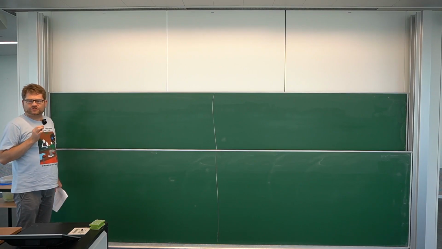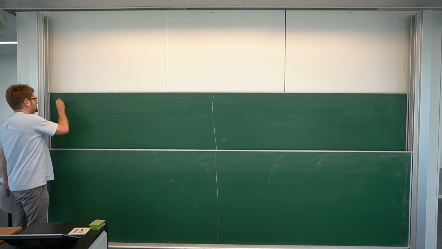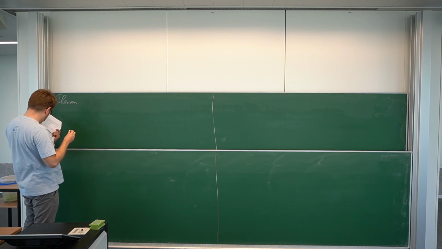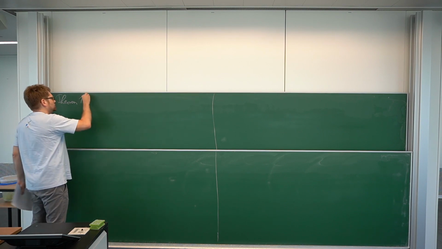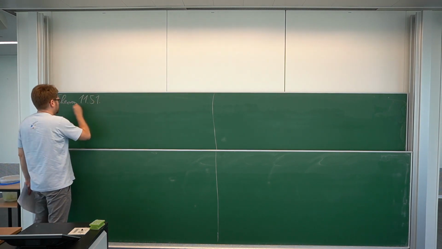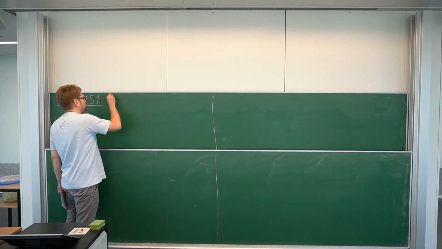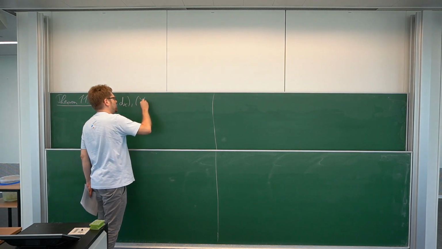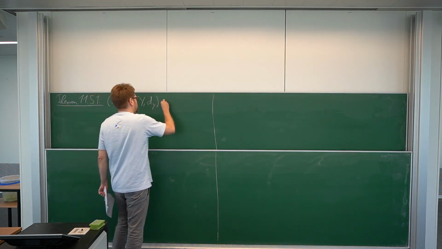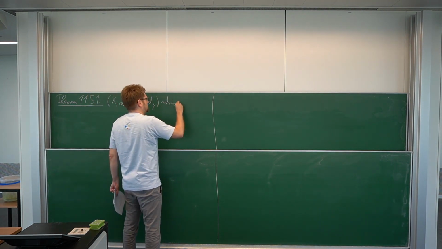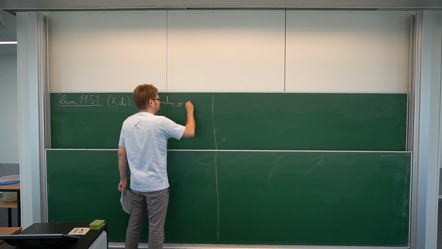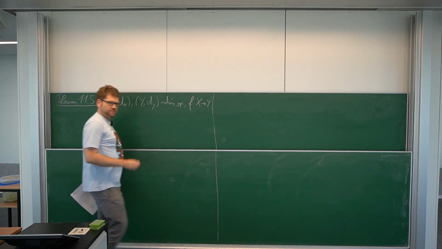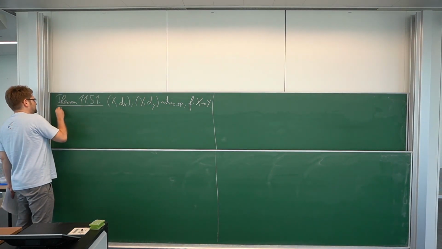We can now characterize continuity in terms of open sets as follows. Consider theorem, what is the number? 1151. So assume, in the most general setting, we have two metric spaces, X with metric dX and Y with metric dY, metric spaces, and assume we have a map from X to Y, some arbitrary map. Then